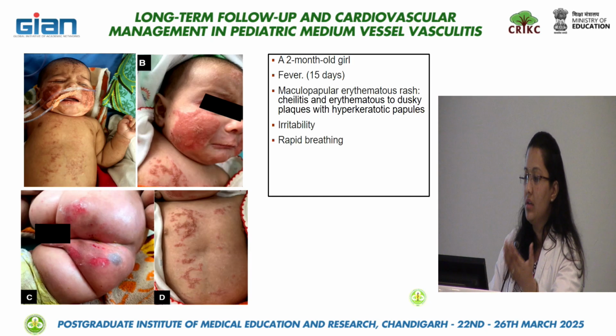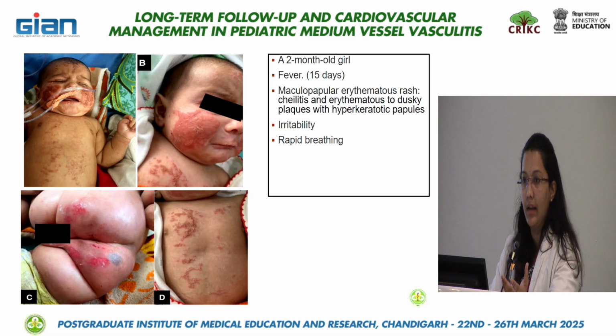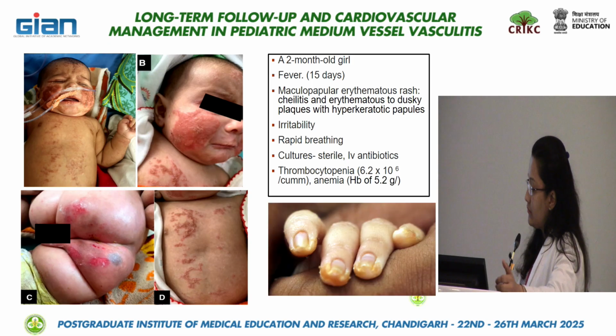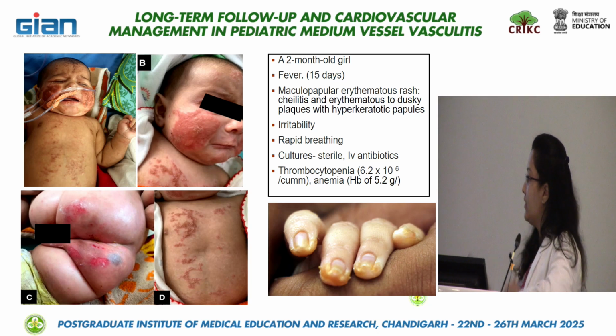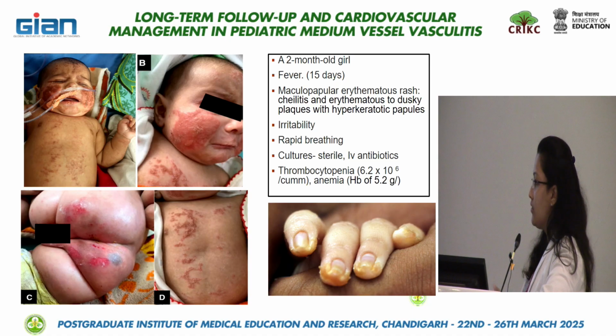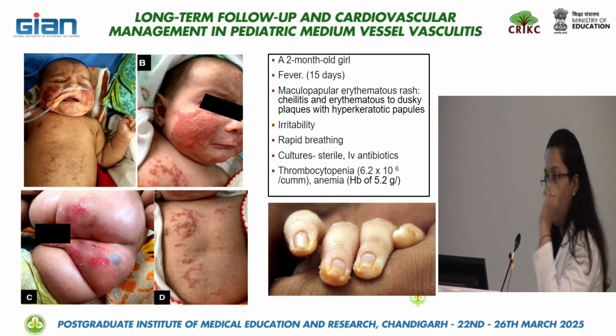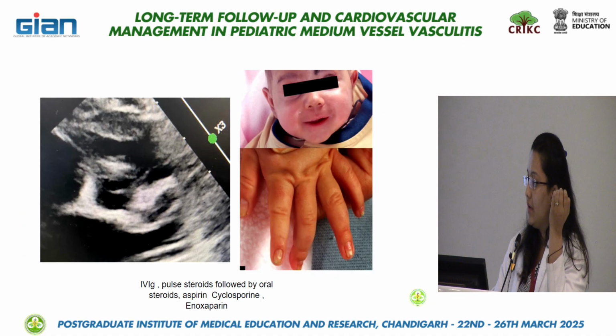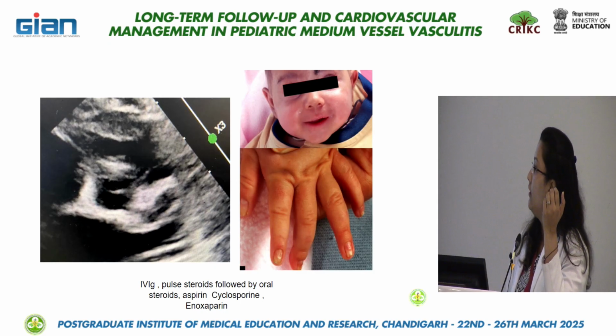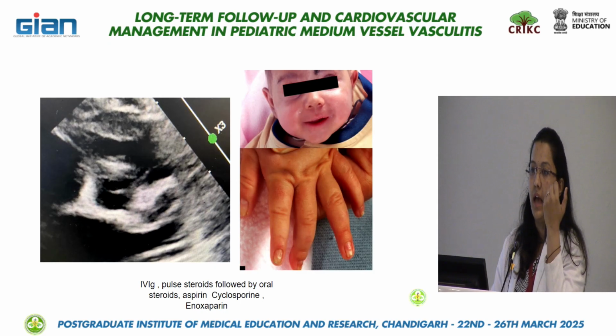Our initial possibility, because she was a 1.5 to 2 month old baby with something which looked like pneumonia, swept us away from Kawasaki disease. We were thinking more of Omenn syndrome or LCH, something like that, until we saw this. We saw that the child was keeping the hands closed, but when we opened them, we saw that there was some desquamation. This was on day 2, day 3 during the admission. However, on day 1, it was very subtle. So this led us to think about Kawasaki disease, and then we did an echo which showed a large aneurysm in LAD as well as in RCA.